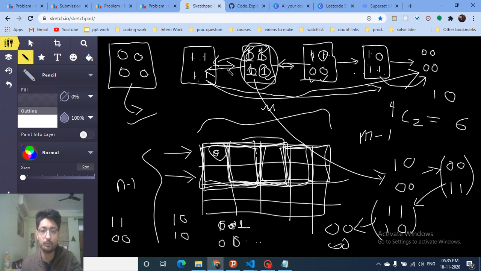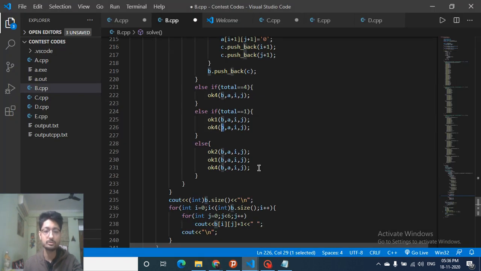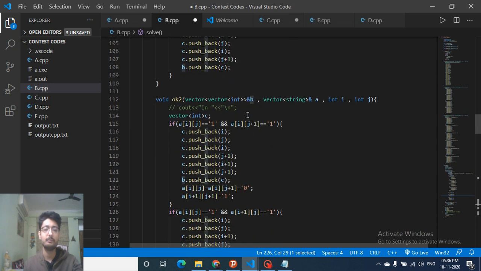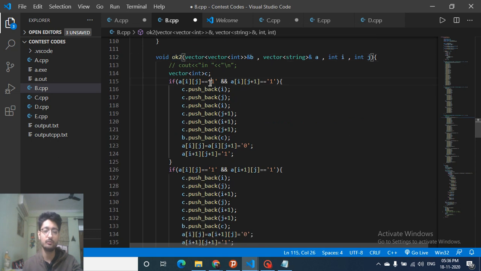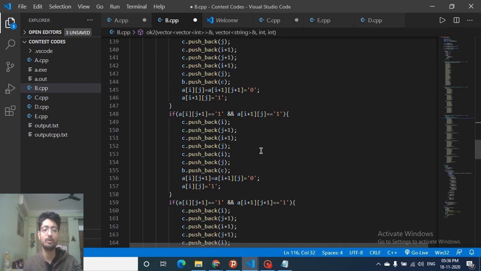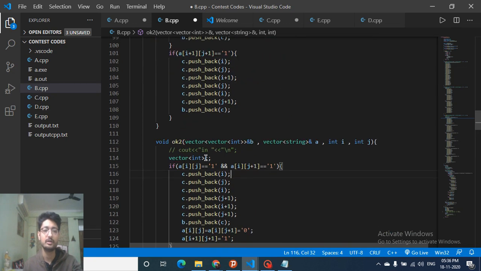It's always better to come to the all 4 state, because when all bits are on, I don't have to take care of anything. From any 2 bits on, just turn off those 2 bits and turn on 1 bit. Now it is a 1 bit on state, so from 1 bit just take all the 3 bits which are off and come to a 4 bit state, and then it is simple. So these are the 4 functions. You can watch my code, because it would become very tedious. But as you can see, in the 2 bit state, I will find out which 2 bits are on, make both of these bits off, and also make an off bit equal to 1, such that it comes down to a state of only 1 bit on. So this is the OK2 function.